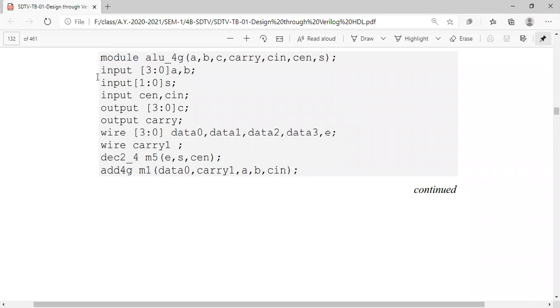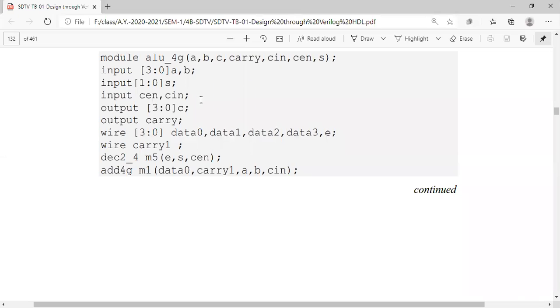Sometimes we forget and write 4 here and somewhere else 4, it means it is mismatching and you will get an error. If the number of bits are not matching, you may get some error. If you have unknowingly left some of the bits without any operation, it also shows some errors.